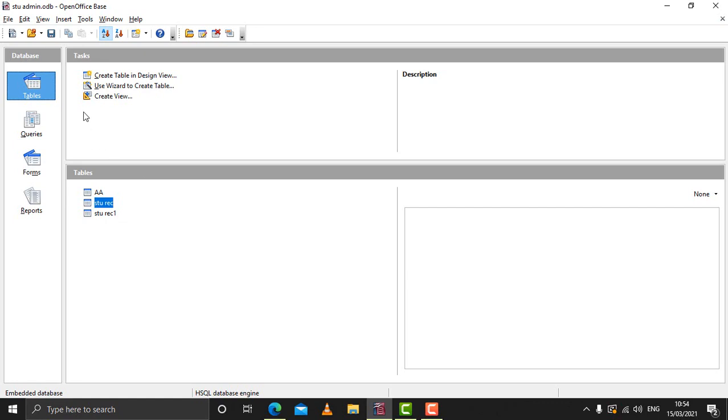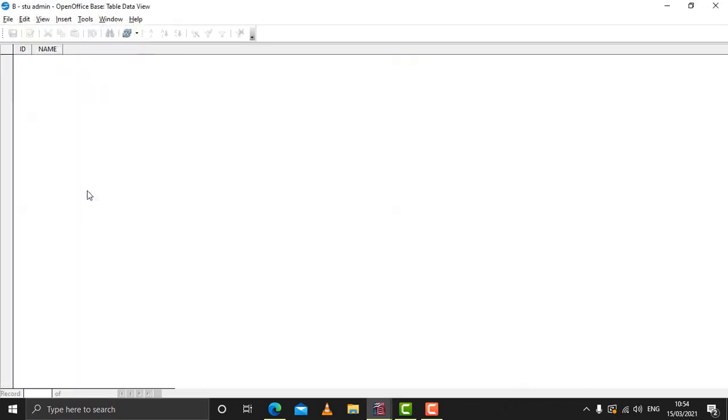If you want to see this table, you need to go to View, and then click on Refresh Tables. As you click on Refresh Tables, you can see table b appears here. Double click on the table and you can see the table created with the SQL command is here.